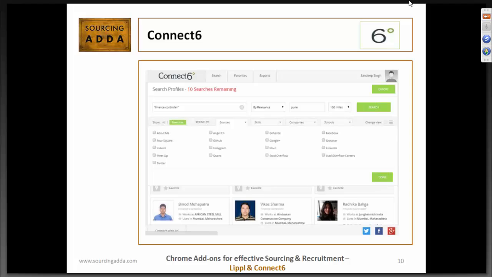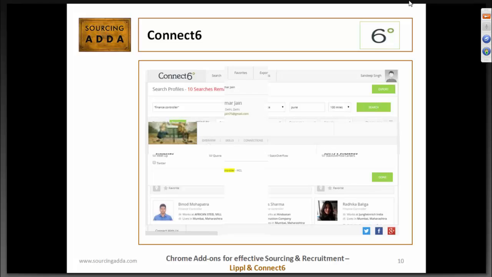So if you see, it aggregates profiles from About Me, Foursquare, Indeed, Meetup, Twitter, Behance, Google Plus. So when you're conducting a search, it does not just search on LinkedIn, but on all of these networks at a time, giving you dynamic results from all these platforms. When we're covering people search engines, I think we will talk about this particular search engine in detail. But let's move on to our